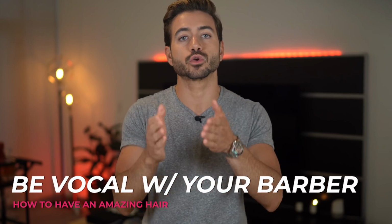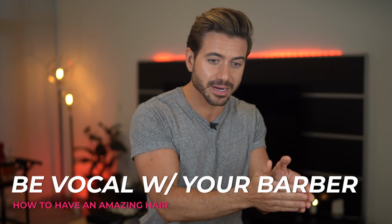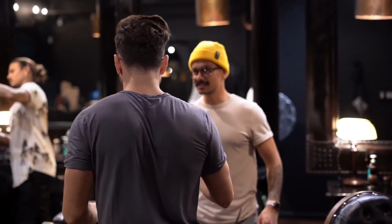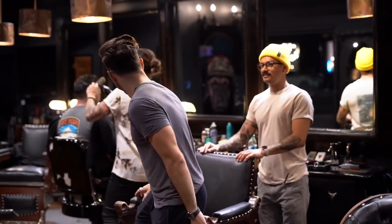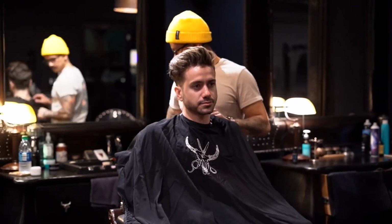Number 4 is something that all you guys need to start doing right this second. Be vocal with your barber. Look, a good haircut is the base to any good hairstyle. You need a good haircut to have a good hairstyle. So you need to make sure that whoever's cutting your hair is doing a good job. This is extremely important. If you're getting a haircut, if you're paying for it, and you see that your barber is doing something that you don't like, then let him know. Open your mouth, say something. Don't just sit there and watch him mess up your cut